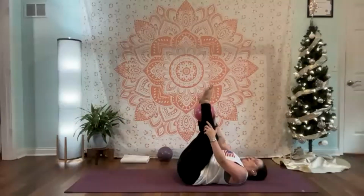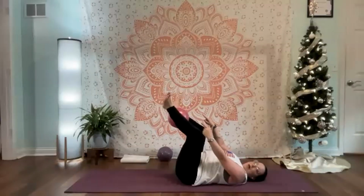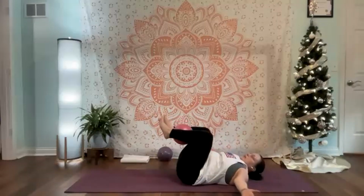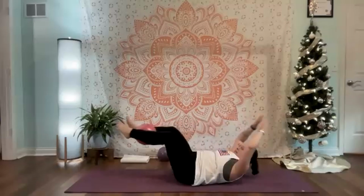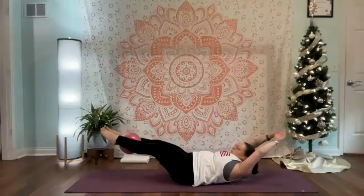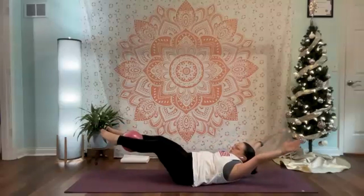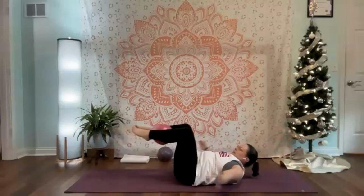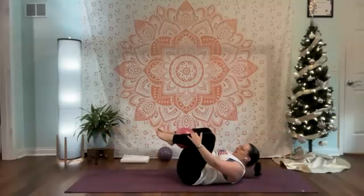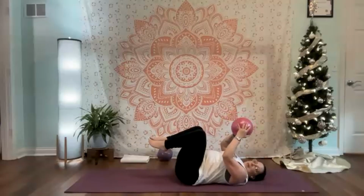Good, we'll place the ball between the ankles here. It's harder if you're in an external rotation to keep that ball from wiggling. It's easier if you're in parallel. Choose your challenge. Good, a double leg stretch coming up. And we've got 1, 2, 3, 4, 5, 6, 7, and 8. We don't need to do 10 of those, but from here, when you're ready, double straight leg